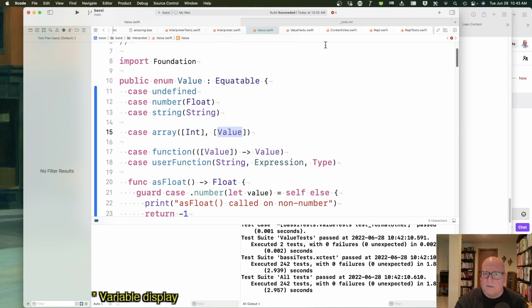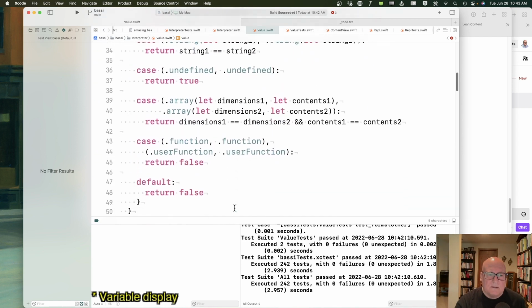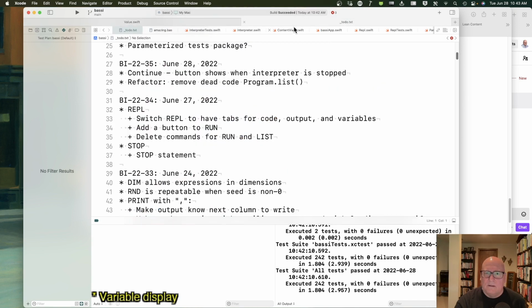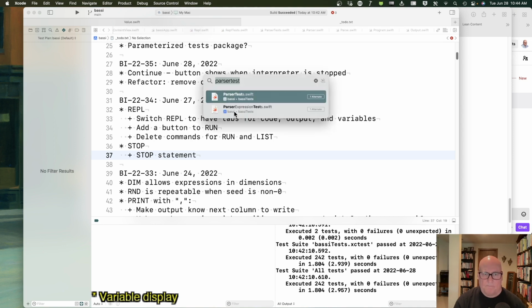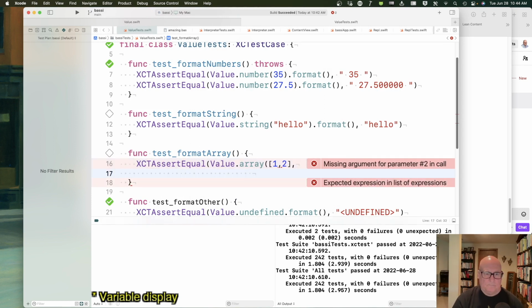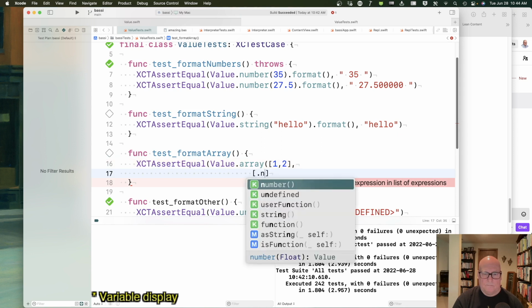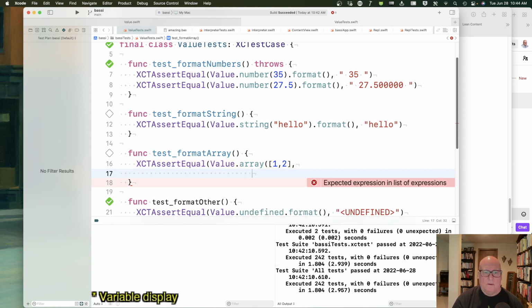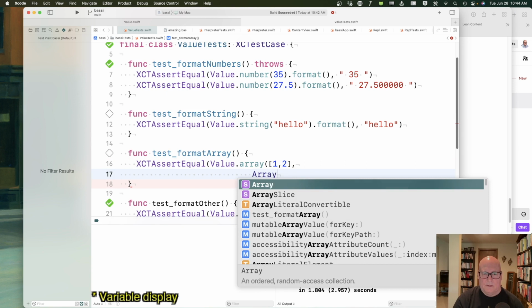That's got to match up to those sizes. And well, it's array